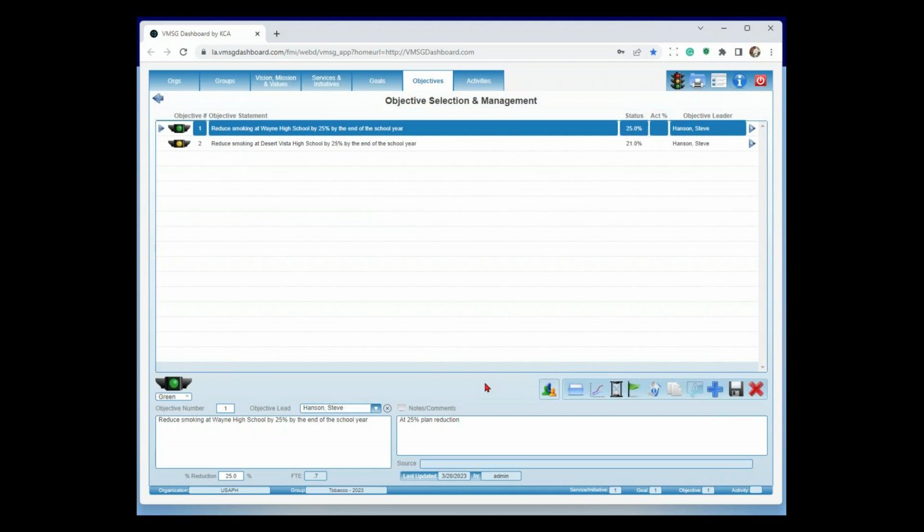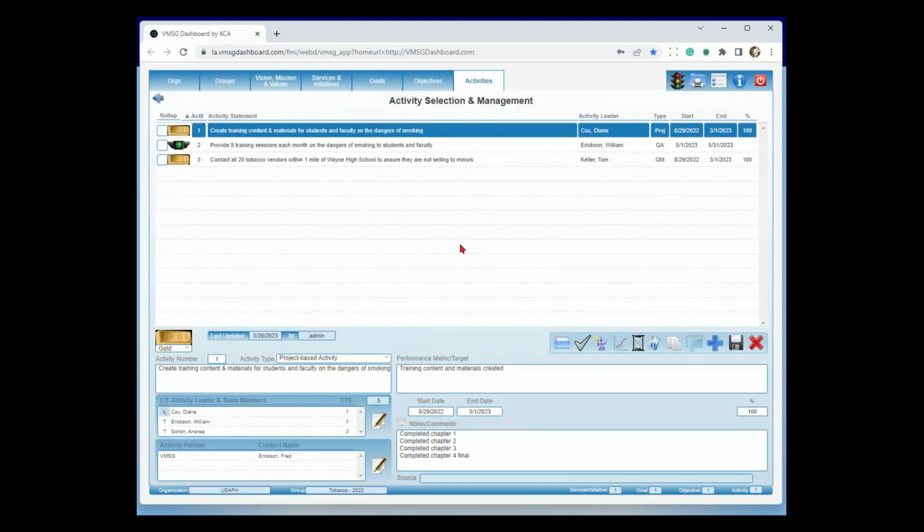Now, a lot of plans typically stop at this level, specifically strategic plans. We've set the target. We know what we're going to do. Let's go out and do it. And it works really well right up until somebody comes up and says, hey, cool, how are you going to do it? That's where we get down to the activity level, or some people call these action steps. The activities are the set of steps that we're going to go through that we believe will get us to the target. Now, in the dashboard, there are actually 3 distinct types of activities. Project-based is by far the most common. Quantitative measurement would be the next most common, and then quality assurance is the third. I've got an example of each of these. We'll kind of go through them quickly.